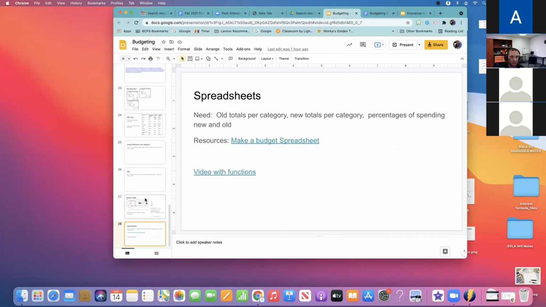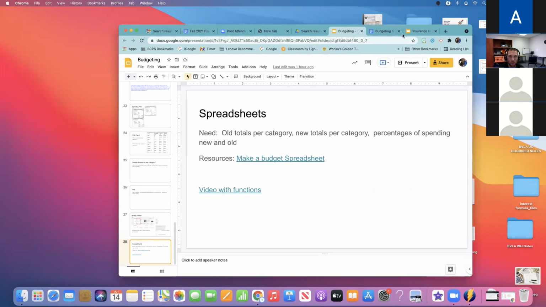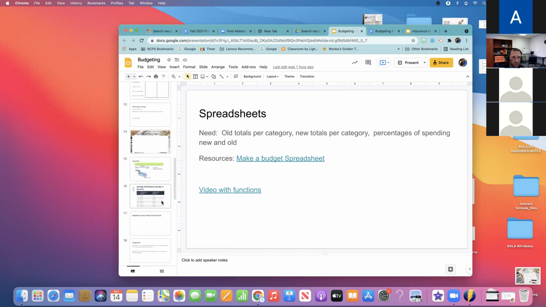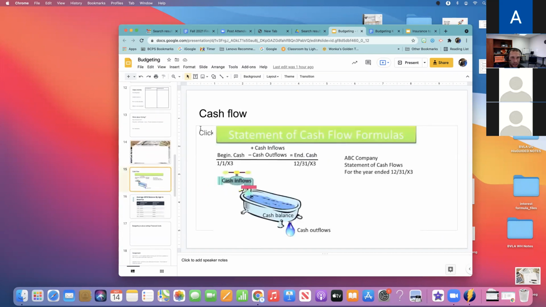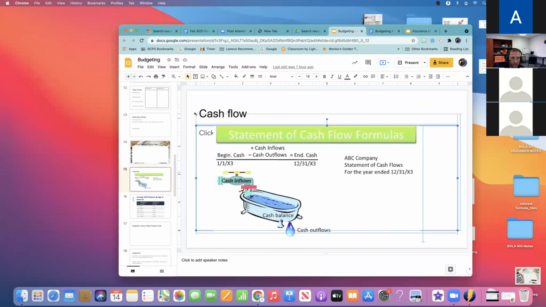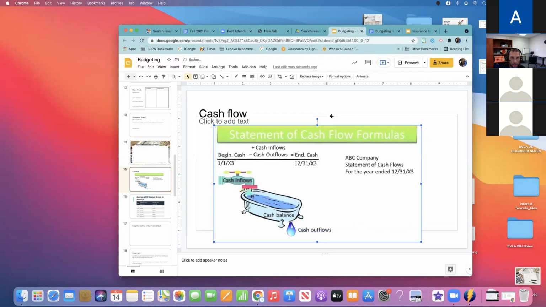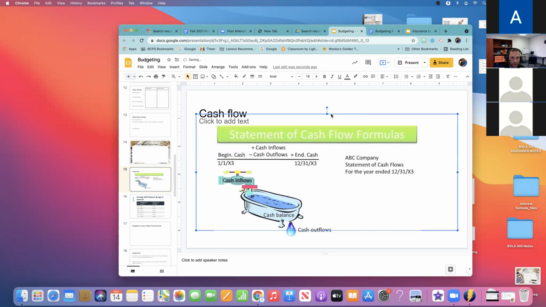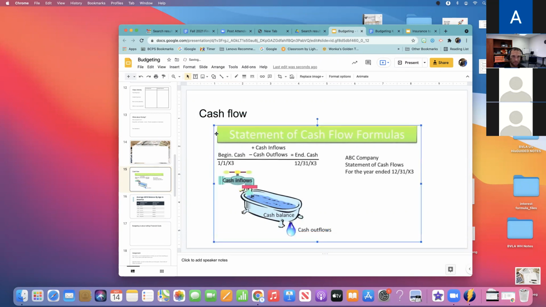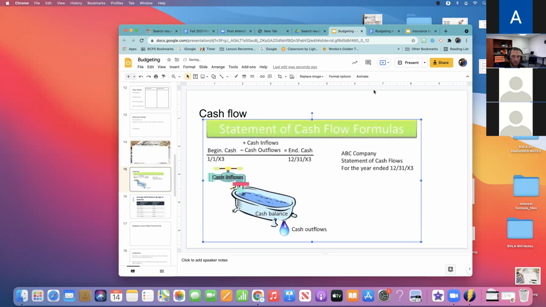I want to go back and talk about one more thing about budgeting. I didn't get a chance to prep it before the last class, and that is this idea that cash flow is a concept like a bathtub.